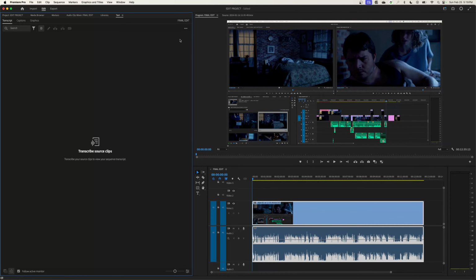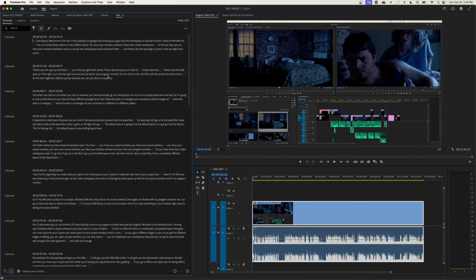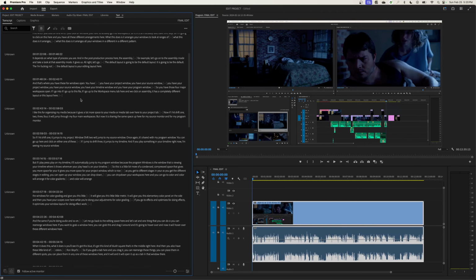So I'm going to transcribe. This will take a moment. I'm amazed at the speed at which it does the transcription as well. For about 12 minutes of audio, it will take about a minute to do the full transcription. There we go. Once this is finished, it has the entire time-coded transcription of everything that I say